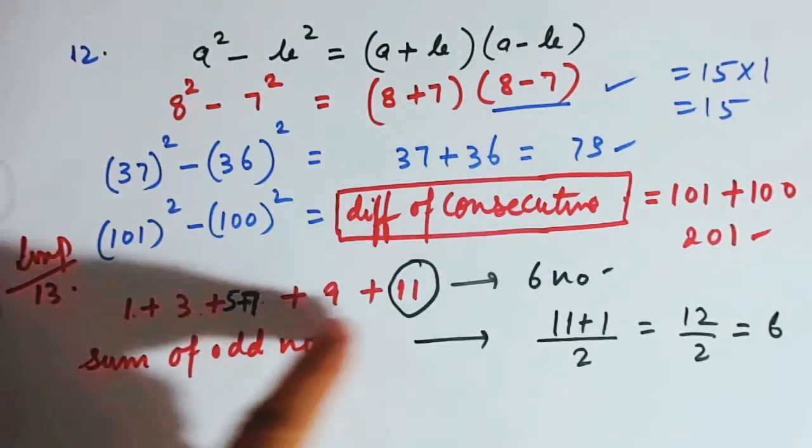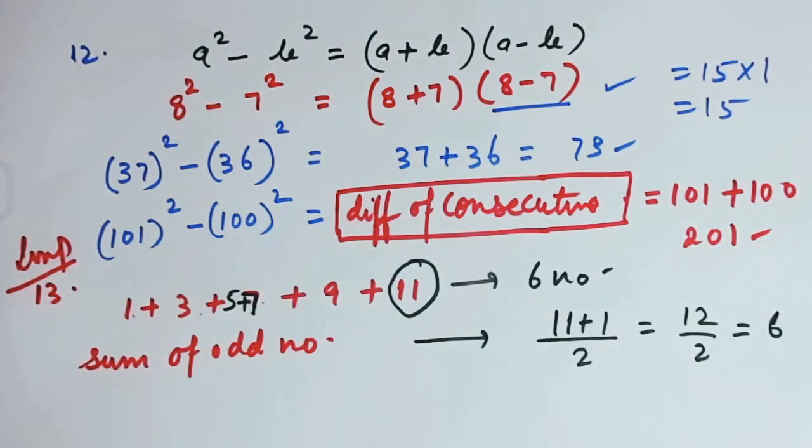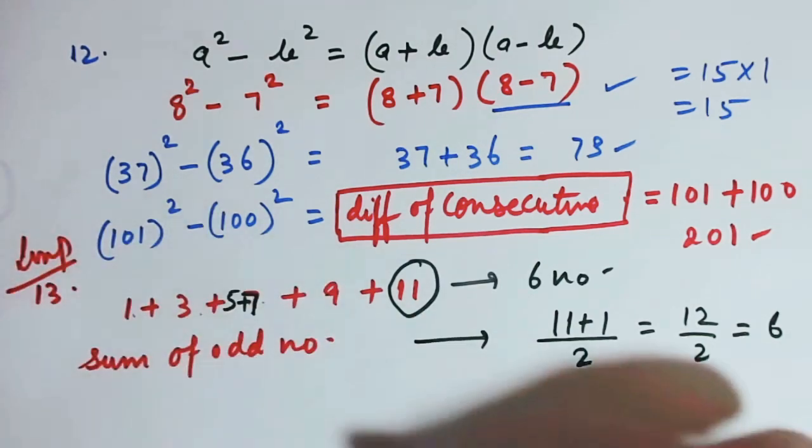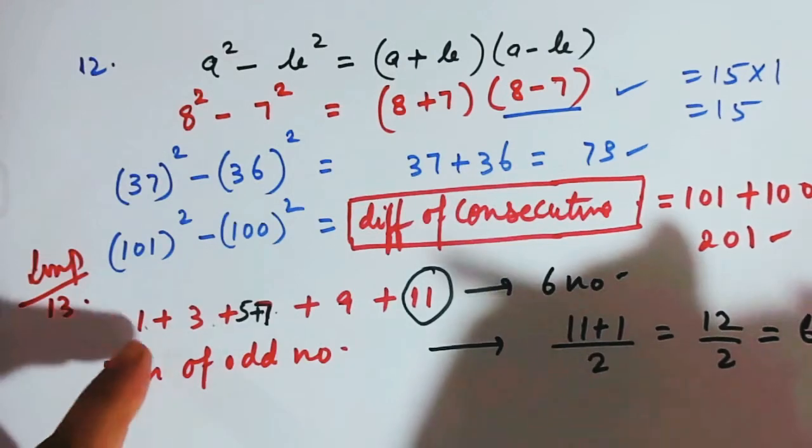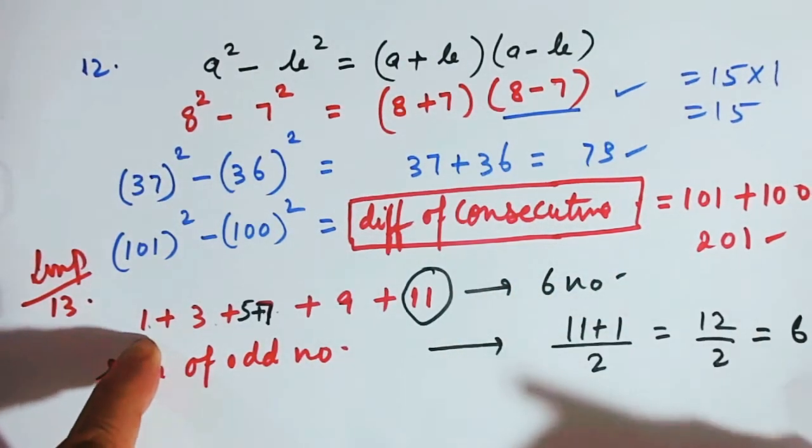So 6 numbers are there. Now you will say, why are you teaching this? When it's clearly visible that the number of digits is equal to 6, I can clearly see it. Now if you have bigger numbers, for example,